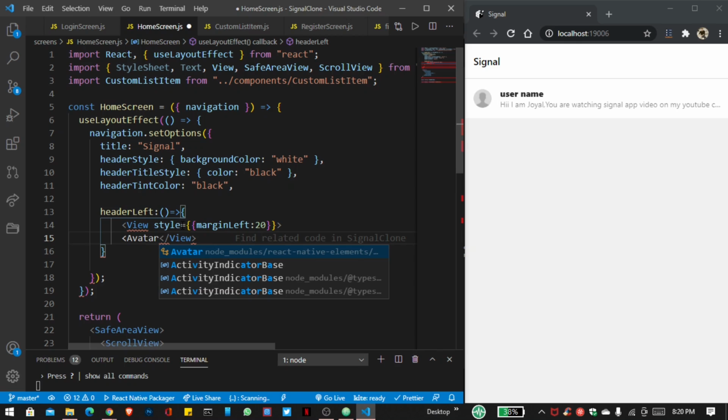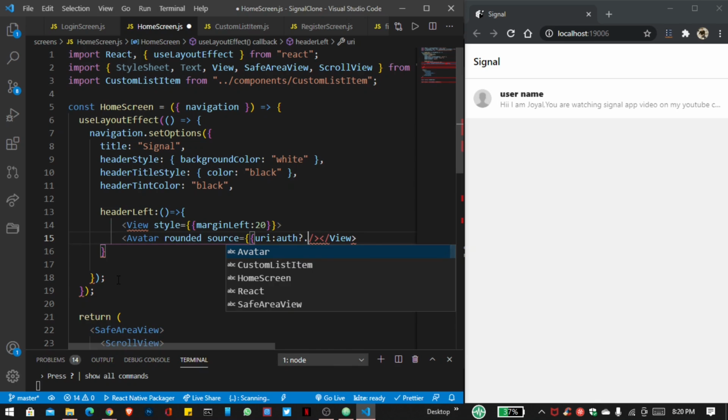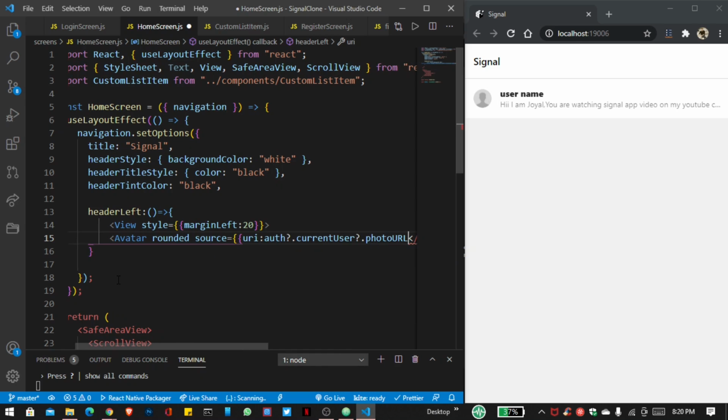So avatar, I want to show rounded avatar like this. So rounded, and source of our user, that is URI authenticated current user, and the photo URL that comes from our database. So photo URL,